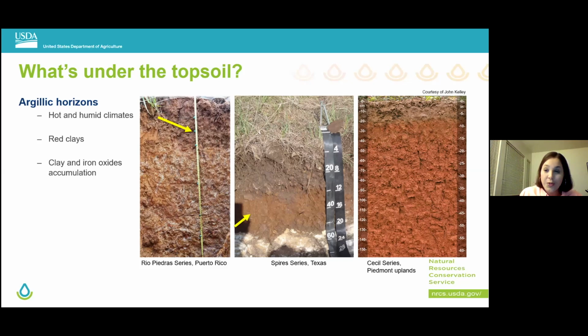There you have a topsoil followed by an argillic horizon where all the clays are going to be accumulating. And right underneath, you have petrocalcic horizons and calcium carbonate rocks, limestone. That's what we call limestone. And it's very impressive seeing that. I mean, the mosaic of colors is pretty cool. So